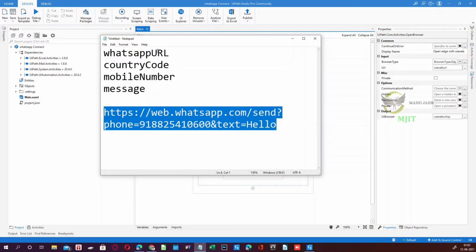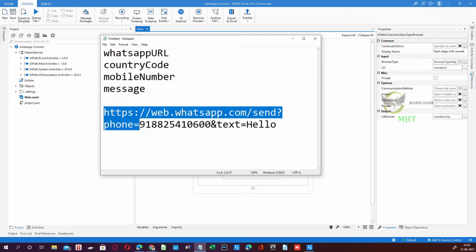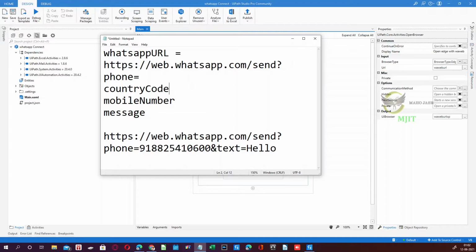So what is the WhatsApp URL? This is going to be the WhatsApp URL. The country code, if you see here, I'm using 91, so the country code is going to be 91. Then the mobile number is the number to whom we are going to send it. It may be any number, depending on your region. Select your country code appropriately. Please note, we are not using a plus symbol before 91. And then the message, whatsoever message it is.